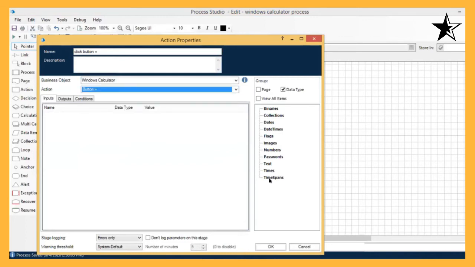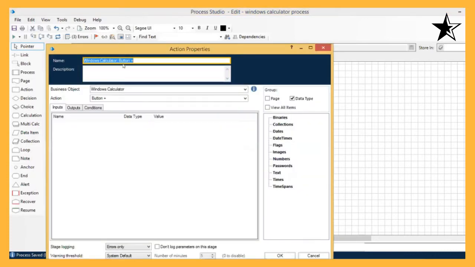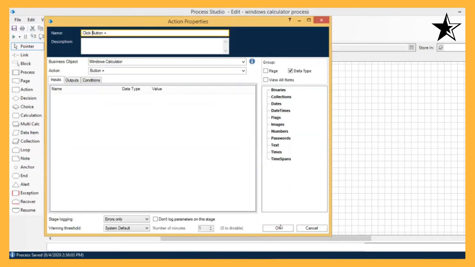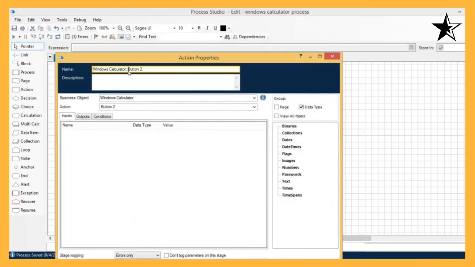Right. And here I have not given the name of the actions, so I just name the actions. Click button plus. Okay. Here also I name the action as click button 2.